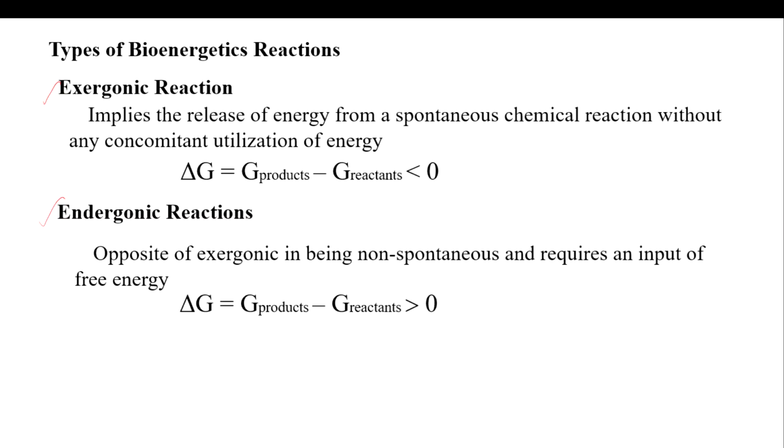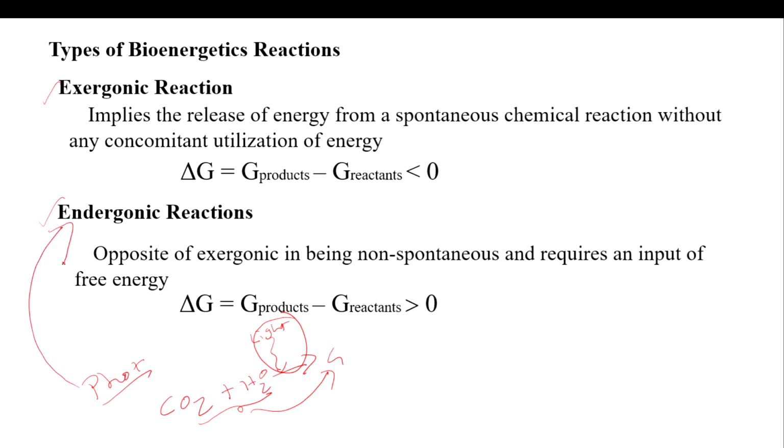We will see now. Everyone knows about photosynthesis, right? What is photosynthesis? The combination of carbon dioxide plus water produces glucose, with the help of light. So with the help of light, two molecules are converted into one molecule. That's what photosynthesis is. So photosynthesis comes under an endergonic reaction.